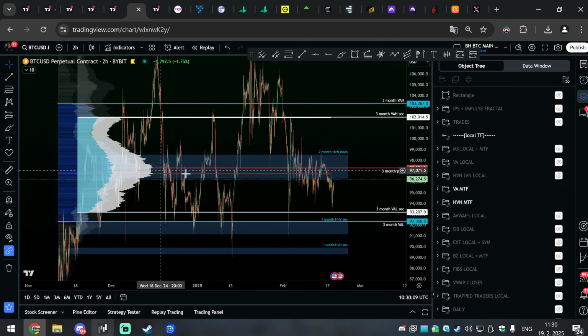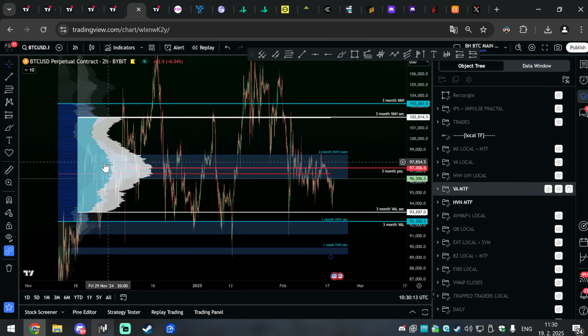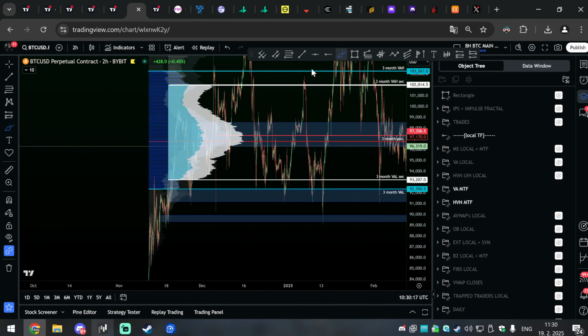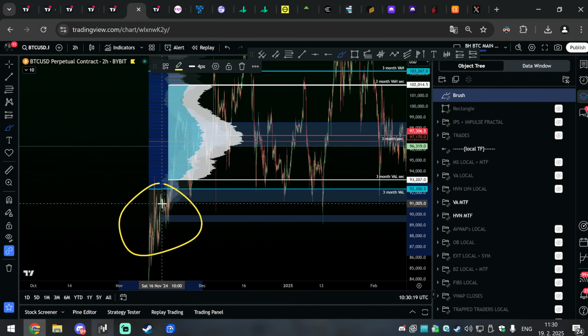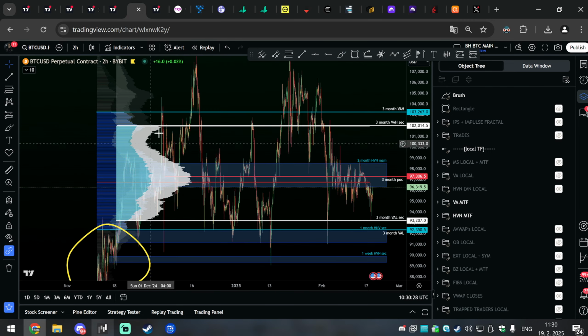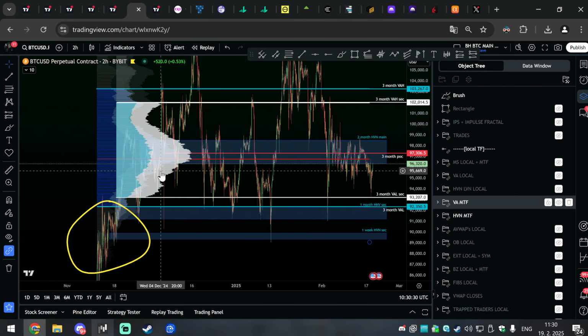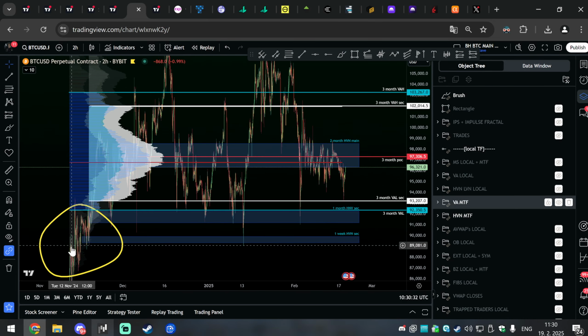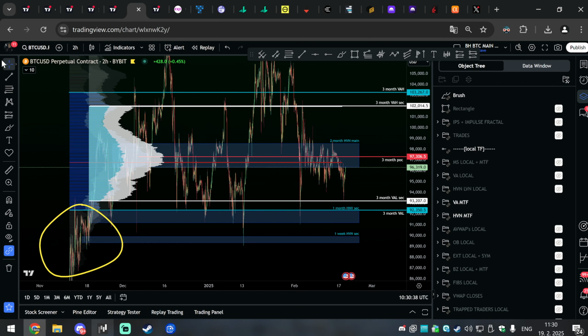This is, by the way, a bit small. This is why I have these two pools. This is exactly why, because this is the more precise pool, because it's not including this range here. This is not included because this was happening in between 85,000 up to 92,000, and we spent only a few days there and then moved into the more structural regions. But you need to have this white pool here on top of the main range from the post-Trump push. Yes, so you have these two pools.